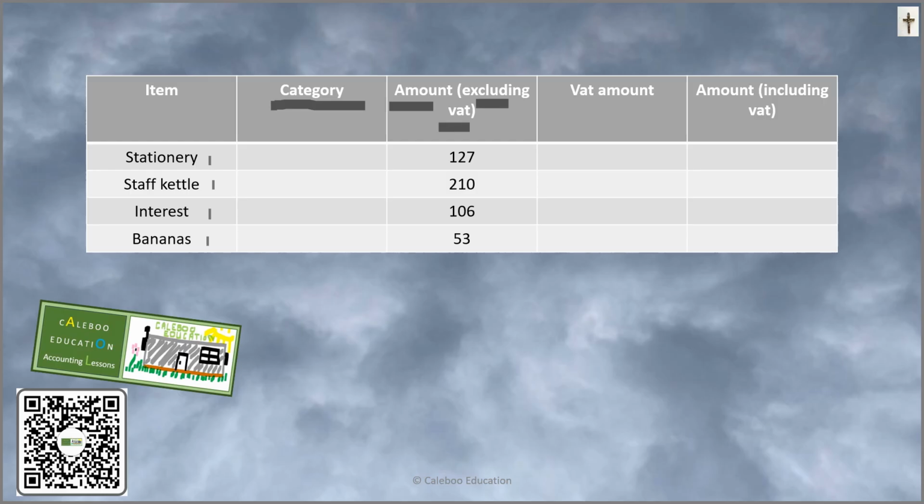No VAT is on the amounts in this column. You need to calculate the VAT amount and then the amount including VAT. But the first thing you need to do is to slot these items, or recognize which VAT category